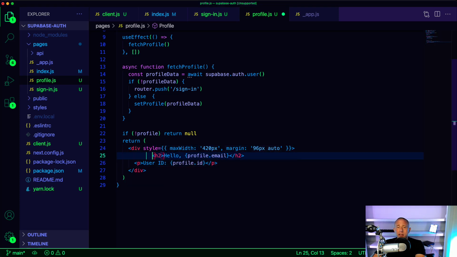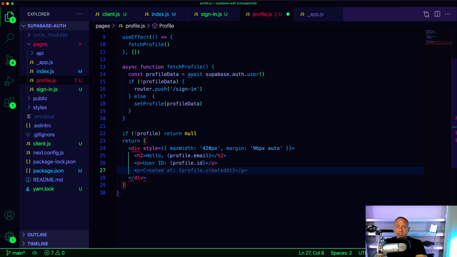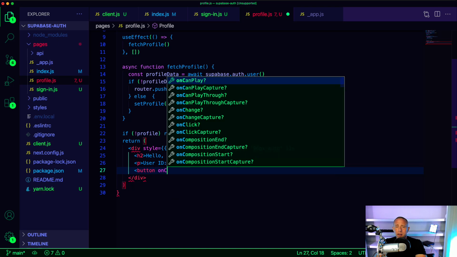So we have the profile, and we're going to be rendering the profile email address as well as the profile ID. So having this is basically a way for us to show their basic information. And then later on, you might even have a way to update metadata or different attributes about the user. And then the last thing we might want to do is have a button